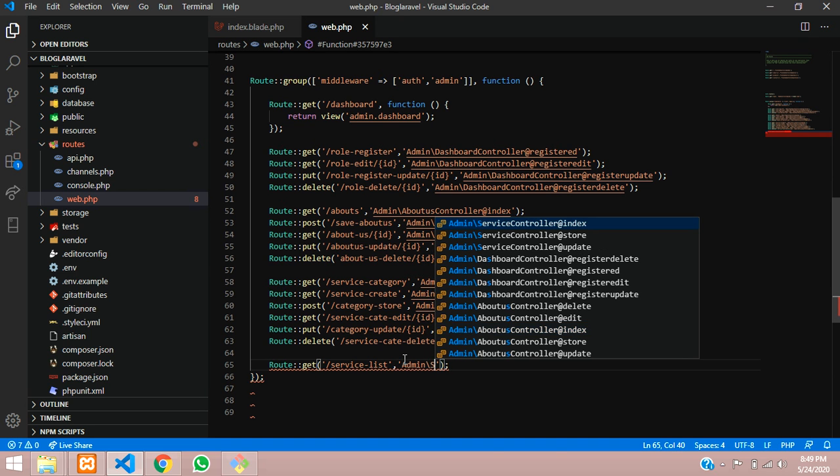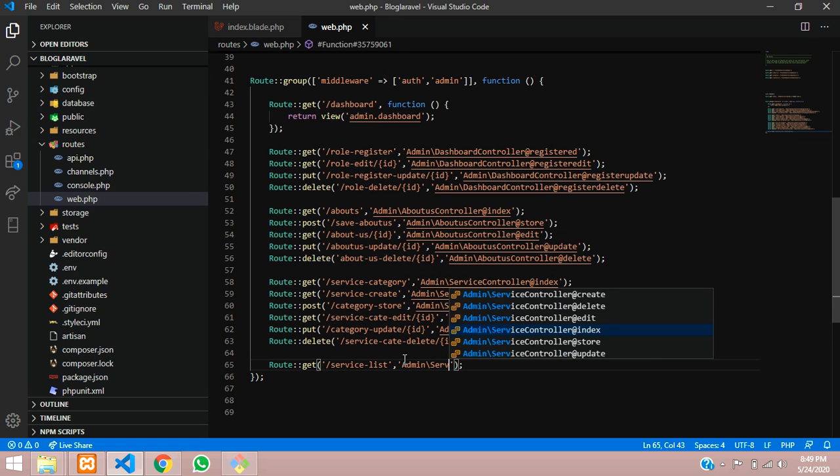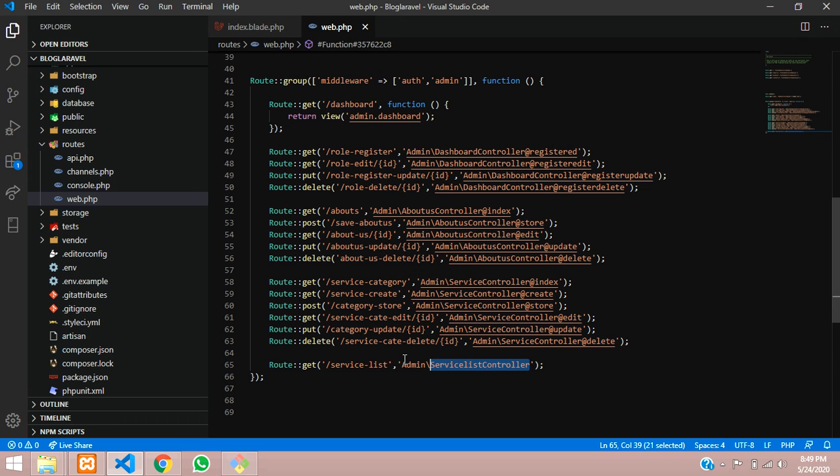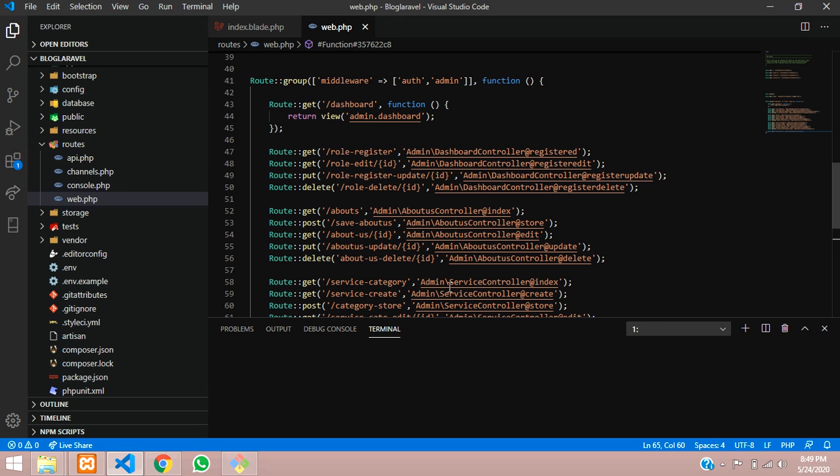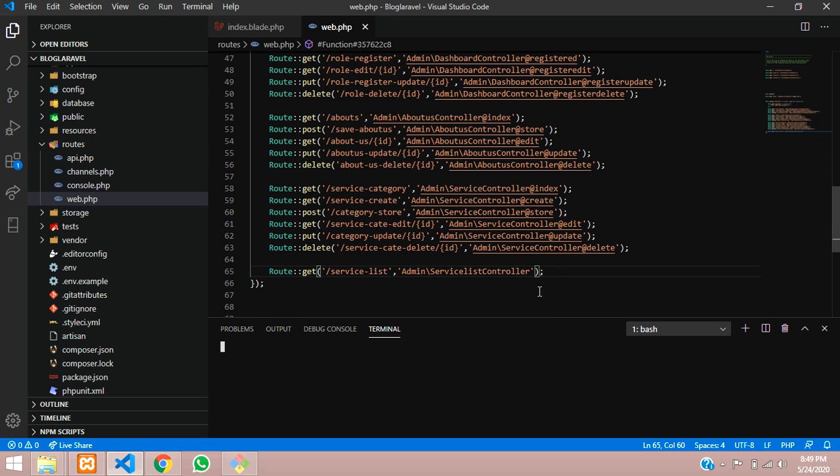We have not created it yet, so we'll create it now, the service list controller. Let's create this controller. Press Ctrl and backtick, where you will get a terminal in VS Code.